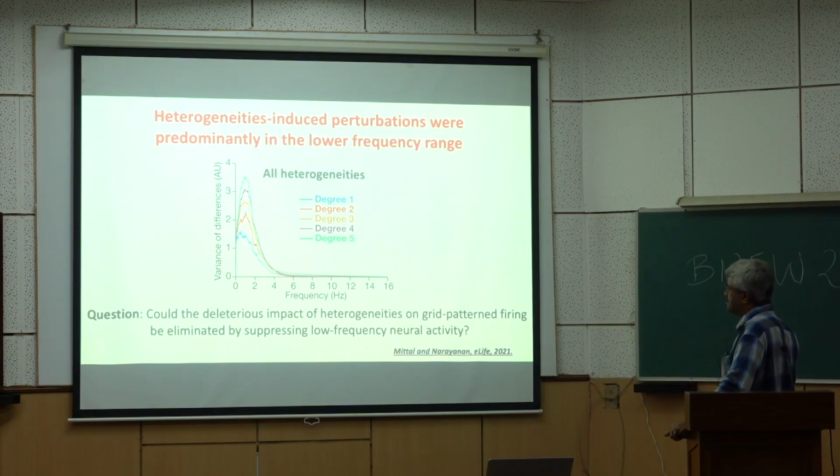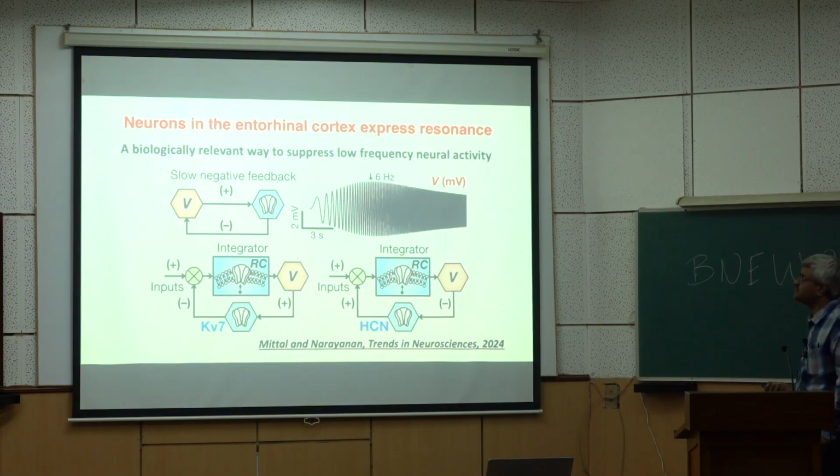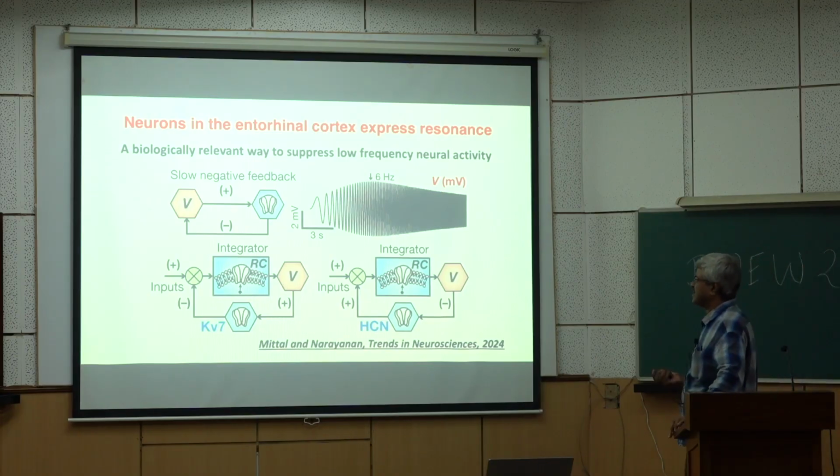Right? So could the deleterious impact of heterogeneities on grid pattern firing be eliminated by suppressing low frequency neural activity? There is a very nice way of introducing suppression of lower frequencies in neurons. There are specific ion channels which are slow, and they also act as negative feedback loops, because say for instance this is a depolarization activated